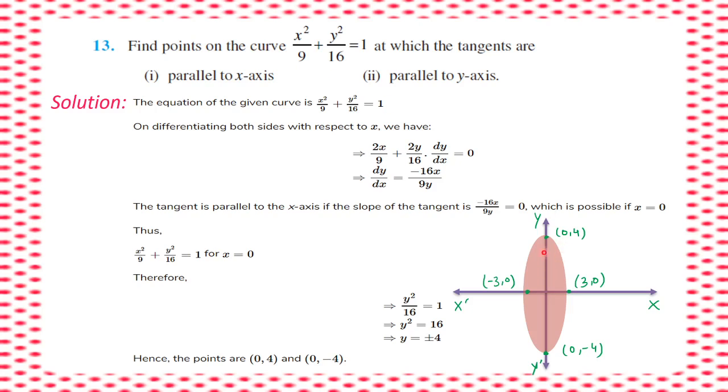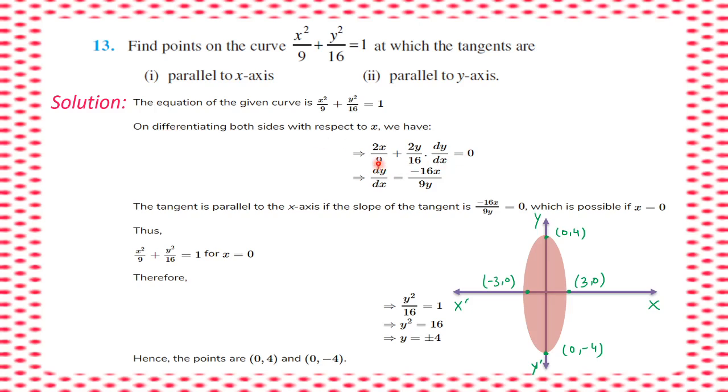And straight away you can form the graph in your mind and you can get the points they are asking for. x square upon 3 square plus y square upon 4 square. So what will be the coordinates? It will be a kind of ellipse. So (3, 0), (-3, 0), (0, 4) and (0, -4). Now let's find theoretically how we solve it.